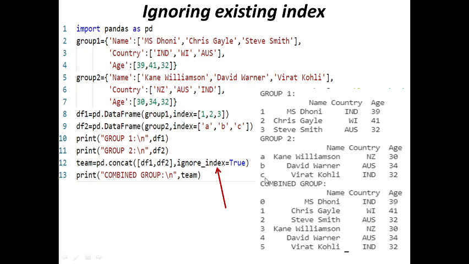We want the default index values in the resultant data frame, and you know the default values of index are 0, 1, 2 and so on. So using this ignore_index parameter we can ignore the existing indexes in the resultant data frame, right?